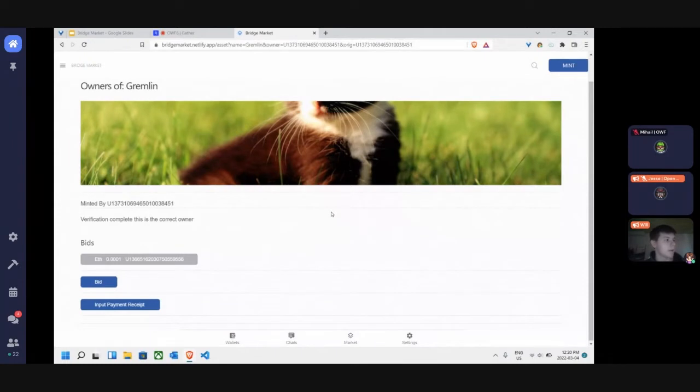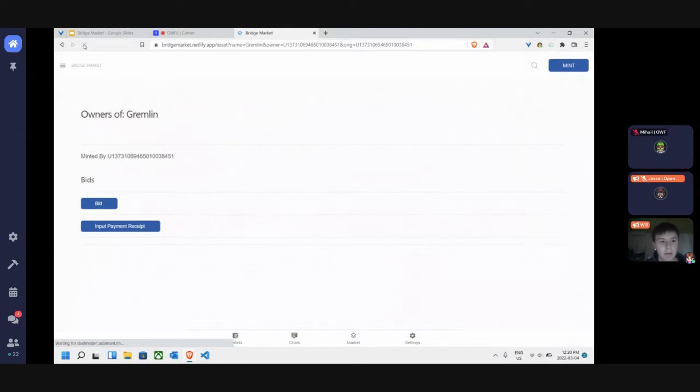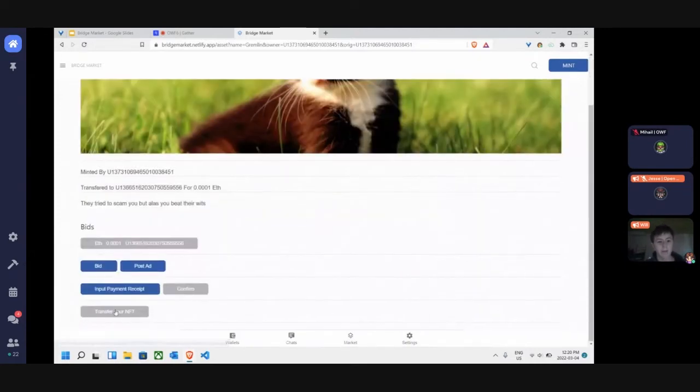And then if they refresh and choose to confirm that I have given them that amount, it will soon become mine. Let's see. Yes, and now I can see that I can now transfer the NFT, and it is now on my device.